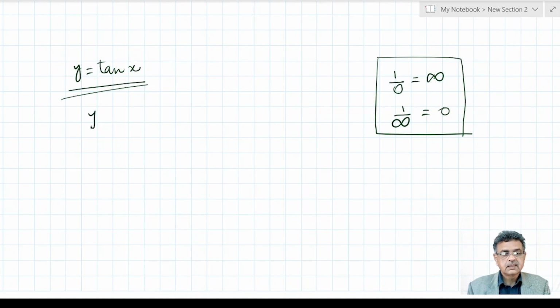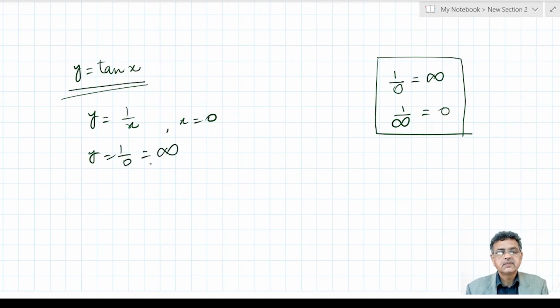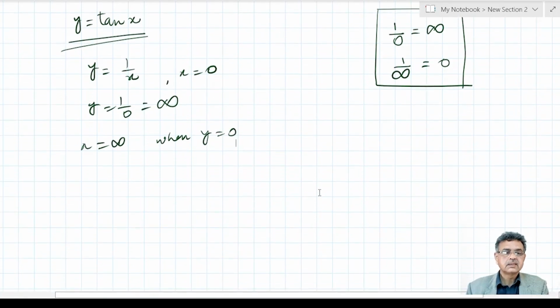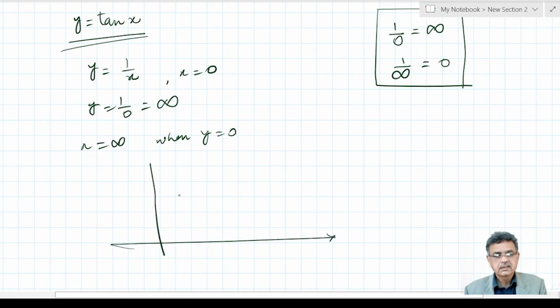Another thing, like y is equal to 1 upon x, if this is the graph, and if x is equal to 0, then y is equal to 1 upon 0, that will be infinite. Similarly, x will be infinite when y is equal to 0. So if we look at the graph of y is equal to 1 upon x, if I roughly sketch it here,